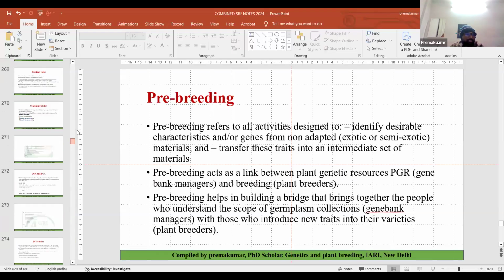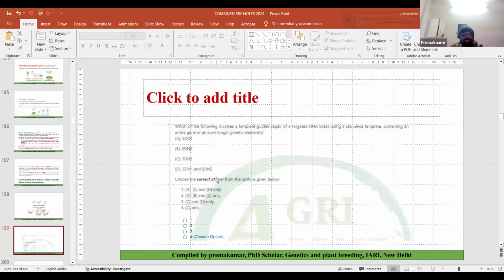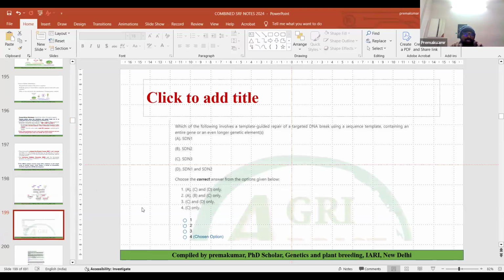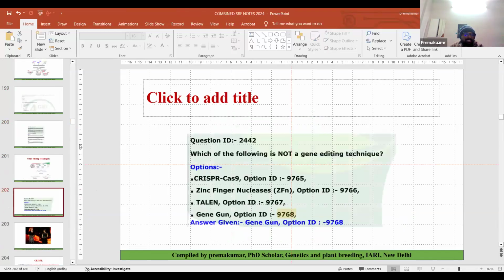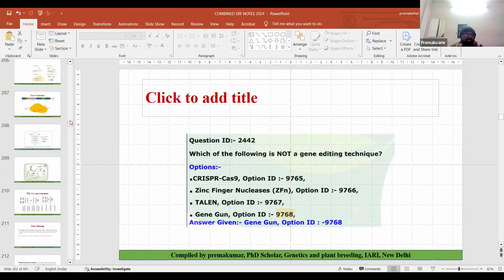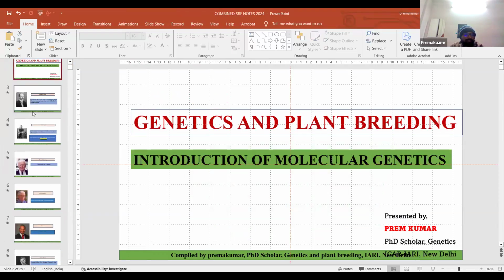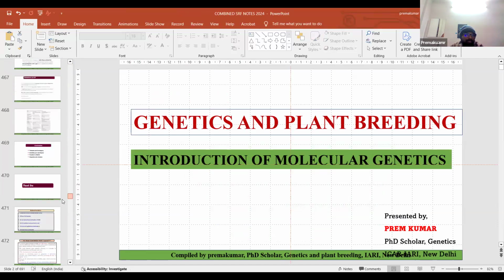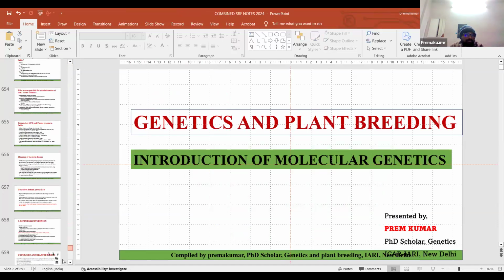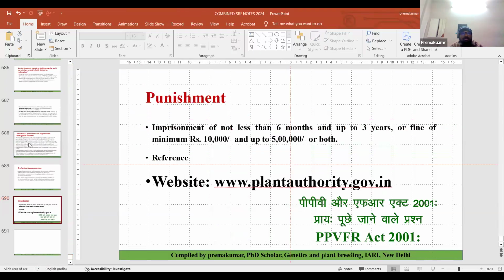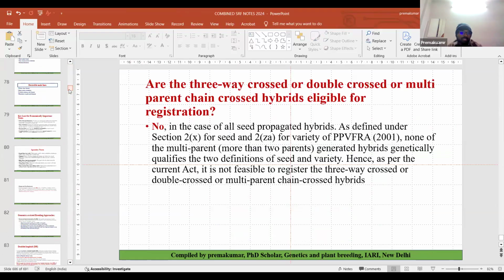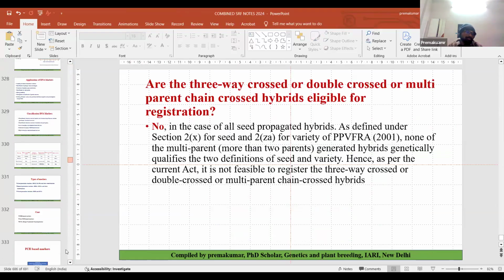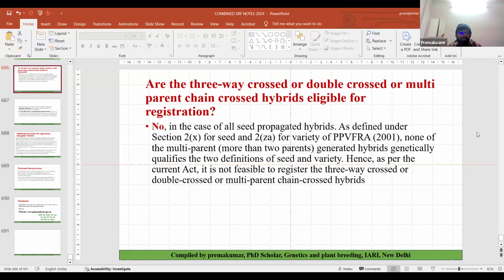Actually, after every topic I used to discuss questions like this. For example, after genome editing I used to discuss questions like this. We'll discuss them. For marker class I made them, but they are in separate PPTs. I will not include them here, but I will take regular classes because I have everything already. It is nearly 700 slides. Okay, any doubts up to here